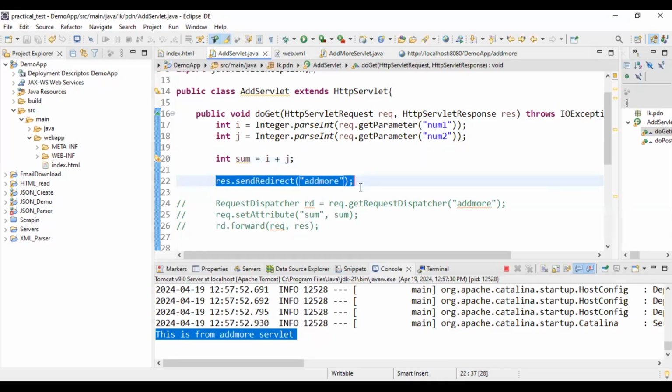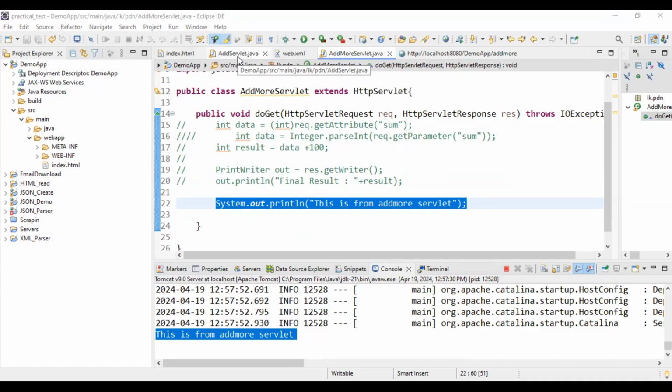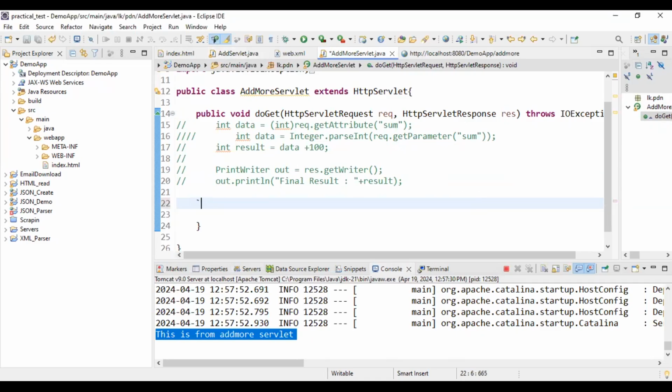Then it changes this value, or changes the URL, and calls this server. That is the reason why we got this console message, right? But then we have to catch this value, or extract the value coming from the servlet. After the servlet, I will remove this one and say int data equals